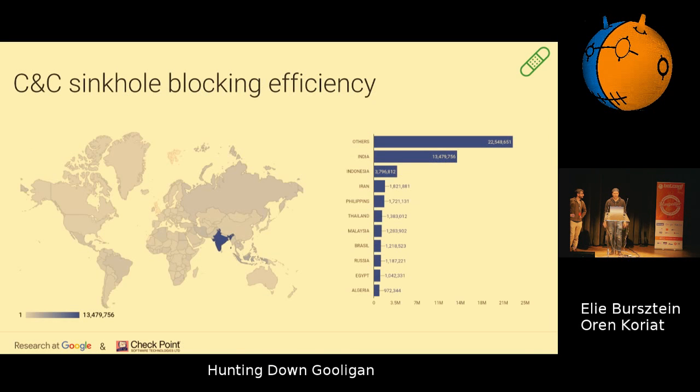If you want to see the sinkhole efficiency, this validates why it was so important. Over the last year, we blocked over 50 million attempts of token exfiltration. It doesn't mean there are 50 million people infected by Gooligan. It just means that those devices have woken up and then sent it again, and people can't really remove it because of the factory reset. So they know about it, they just decided that they will keep the phone anyway. And so about 50 million of those tokens have been stopped, and the distribution matched very closely the one we observed from the initial wave.